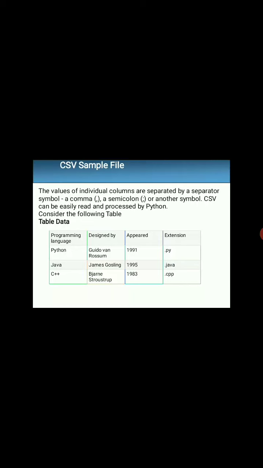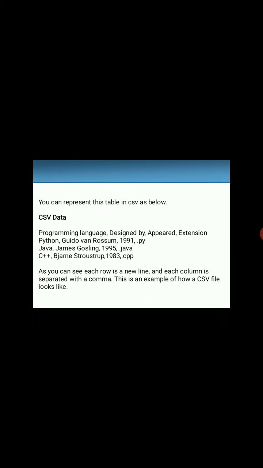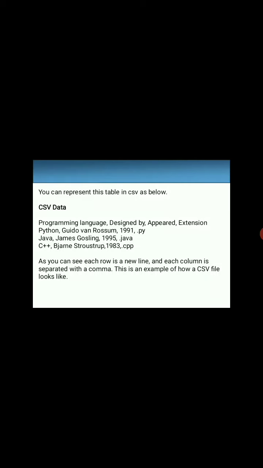We already studied that a CSV file contains data separated by commas. So now you can see how this table looks in CSV format.